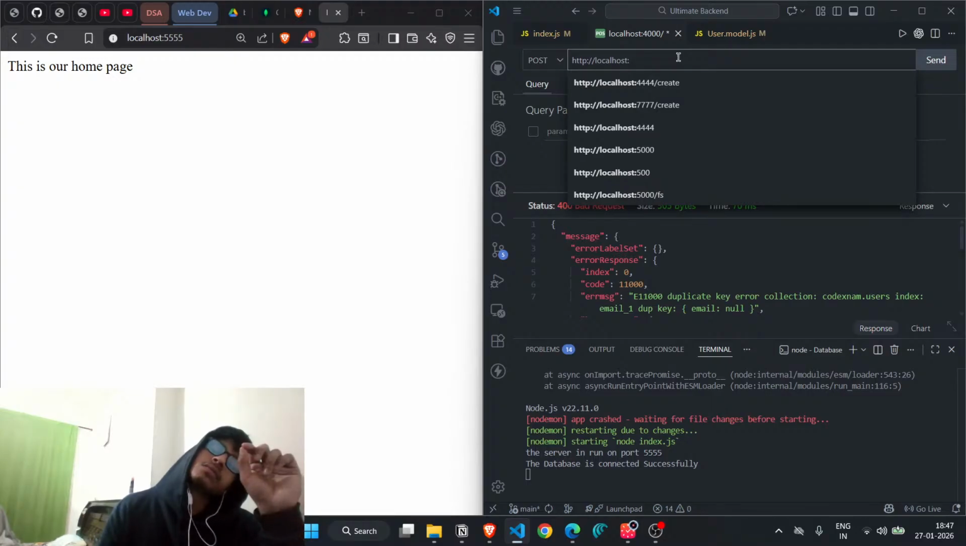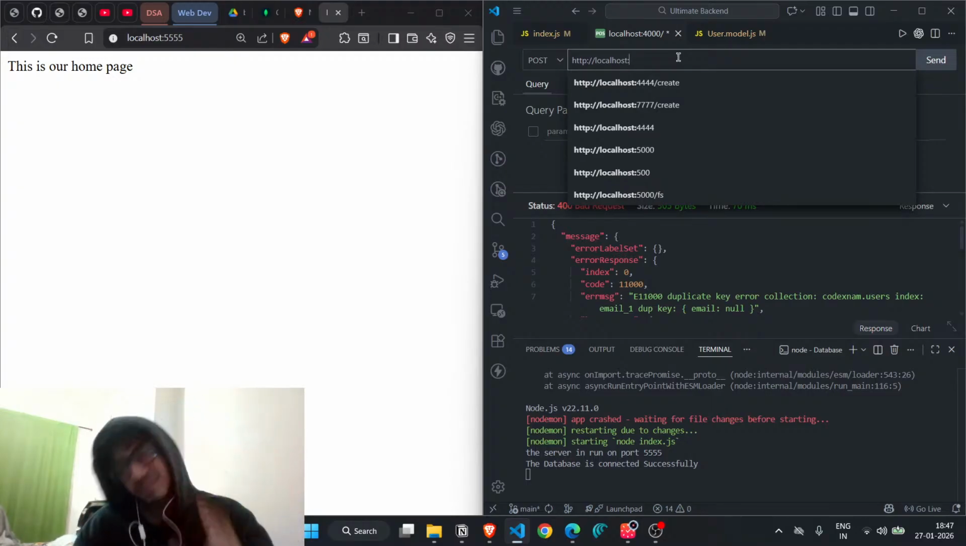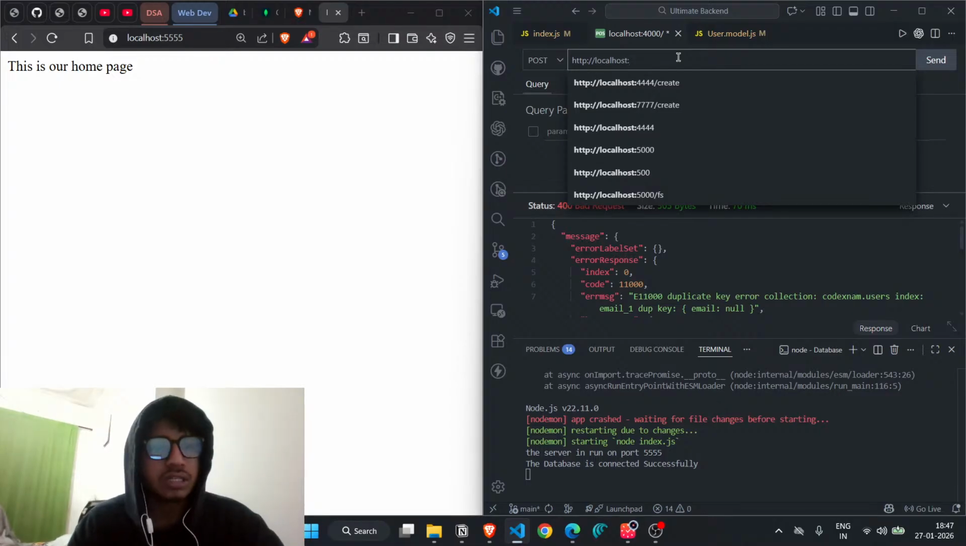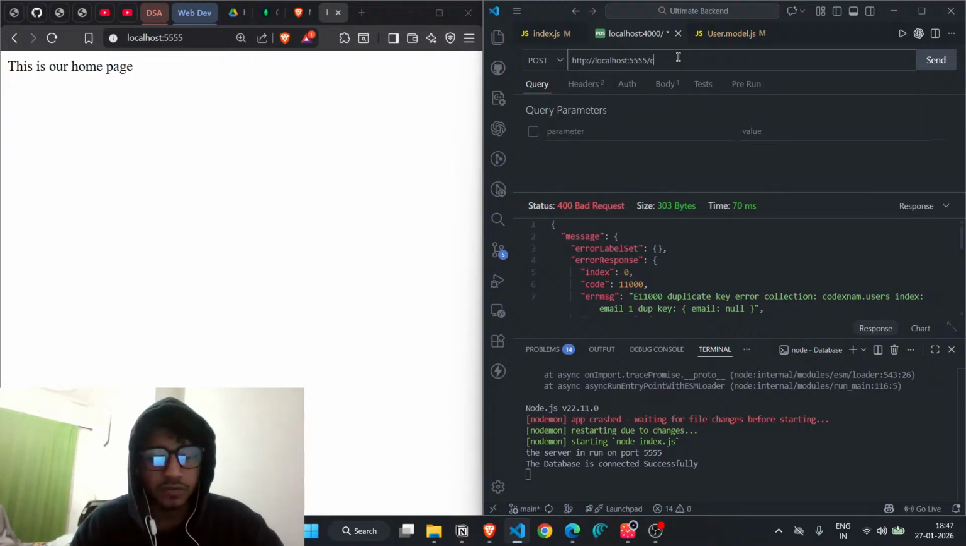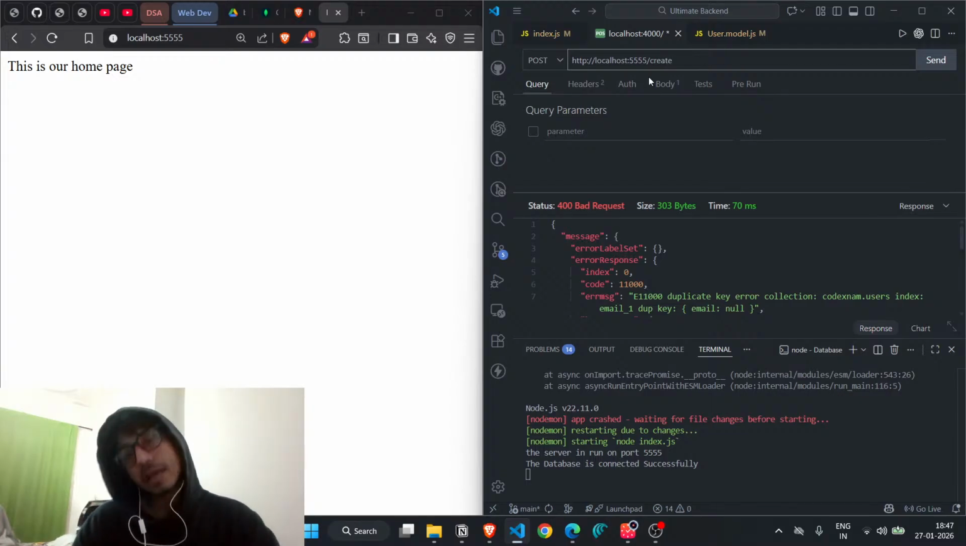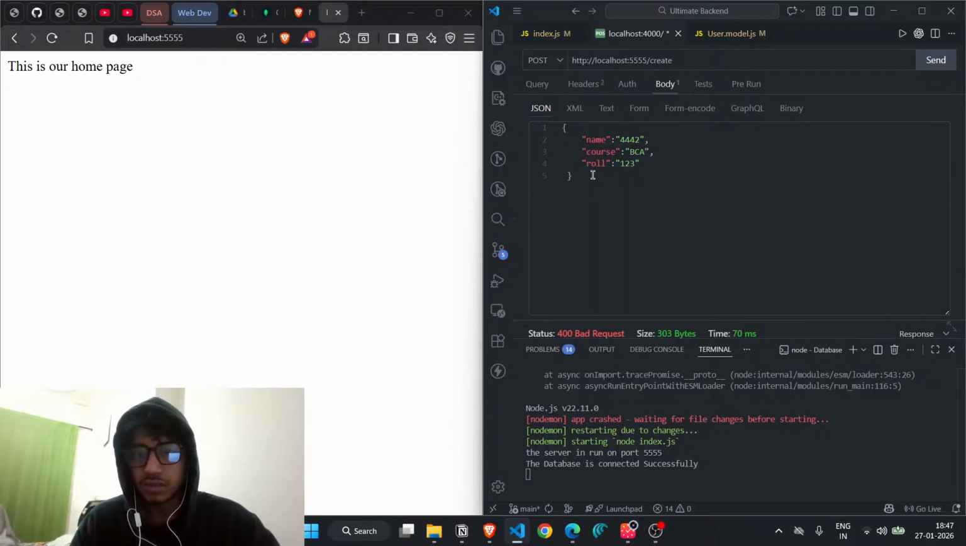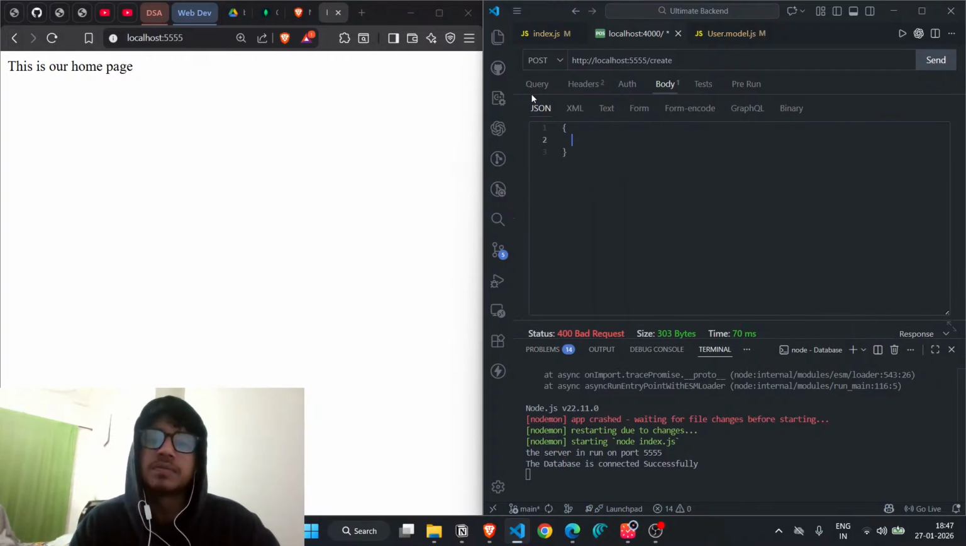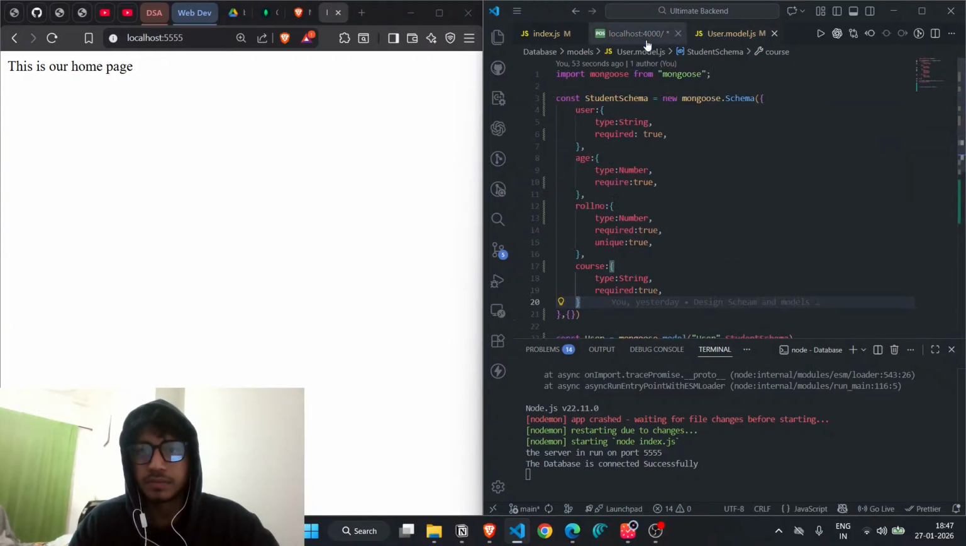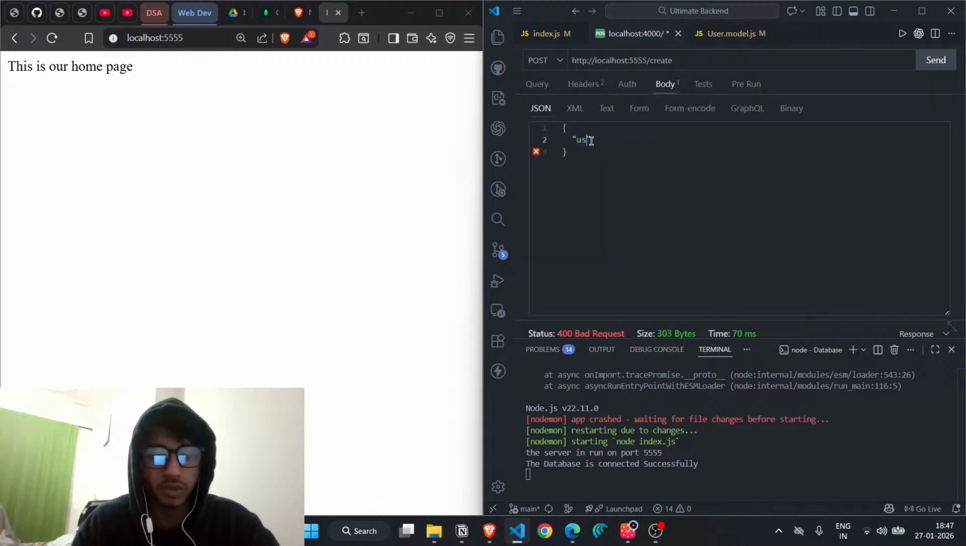Before starting it, we just connect the database first. Okay, localhost and the server is 5555, and our route is create, and here is the body, and we send the data in a JSON format. So just remove it, and first we have used the name. No name, it's a user. यूजर के अंदर हम वैल्यू डाल देंगे, नमन. Okay, and the next is age is 20,